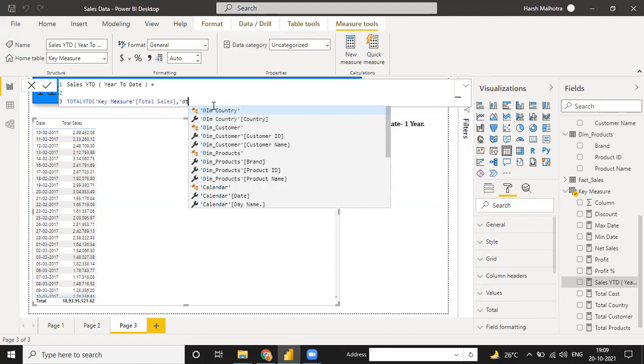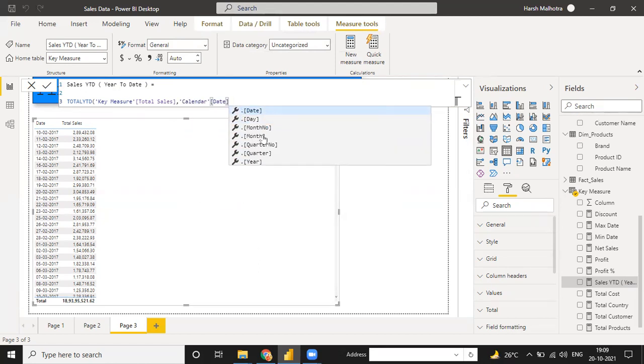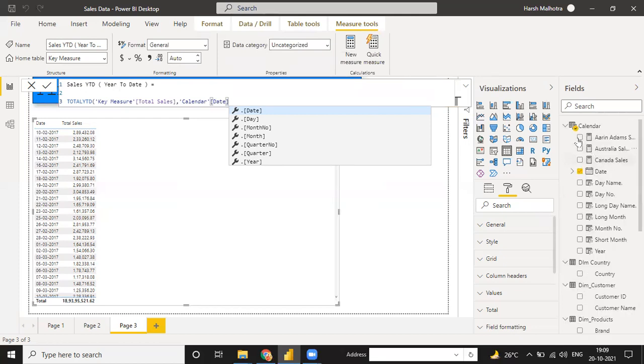Go to this date, select this date column, and why this option is coming, because if you are using this calendar table, you have a separate date table. It means under the table you have a separate date table. So that is the reason that this value is coming. And how to remove this, because we don't want one table under this multiple table, we want one table and multiple columns only. So go to this file, guys.